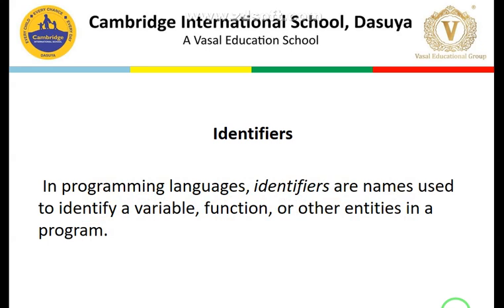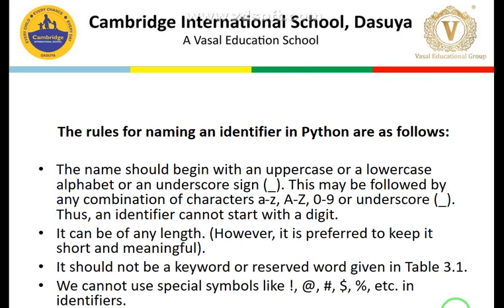The next we discussed was identifiers. Now students, this is the identifier. Identifier names are used to identify a variable, a function, or any major item that we use in a Python program. What are the rules for naming the identifiers? Like a